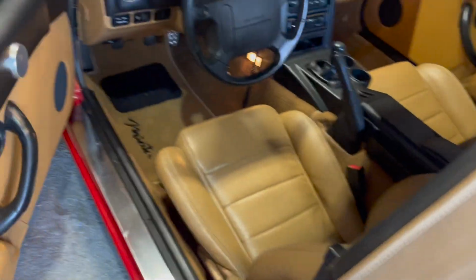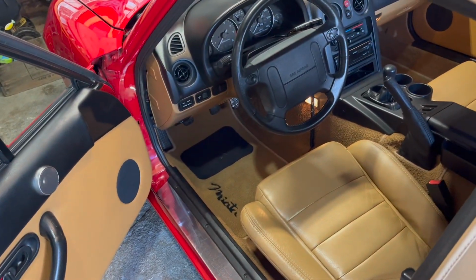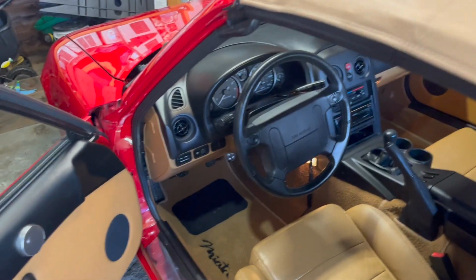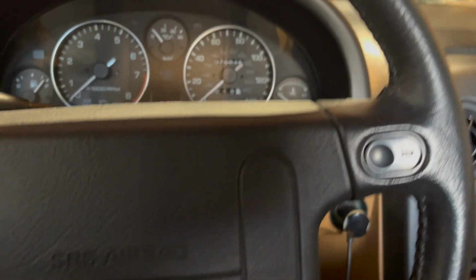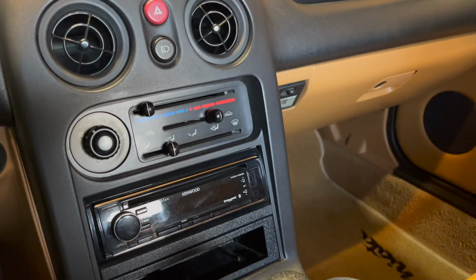All right, let's get in. So a couple of things I'm going to do between now and the time I start taking this thing out for joyrides. I got myself a tube of Shin-Etsu grease, and I'm going to have to disassemble the doors. We're going to pull the window tracks out, and we're going to clean and lubricate them. What happens is the grease that they put in at the factory